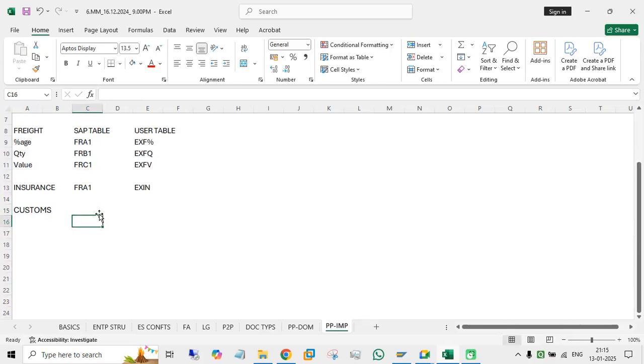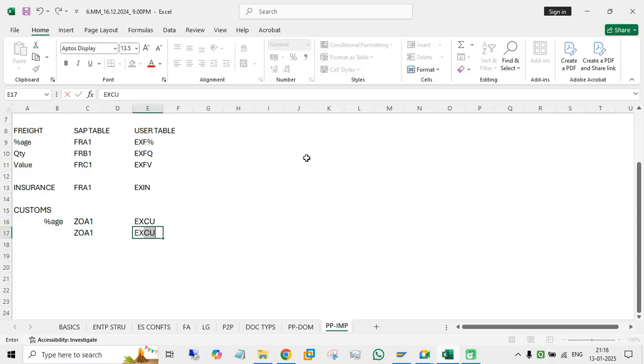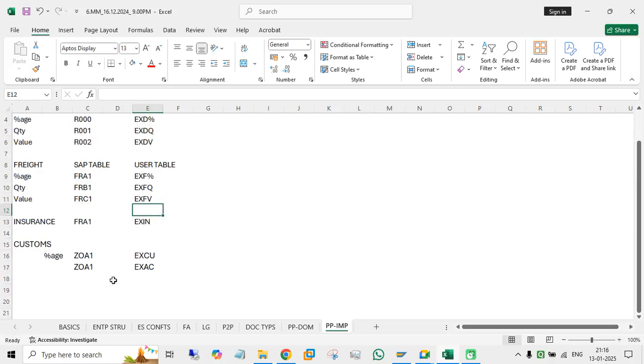duty, and for custom duty here we are going to maintain as per the percentage, and the SAP condition is ZOA1, and here I am going to replace with, for example, EXCU custom duty, and again ZOA1 additional customs, EXAC additional customs. So everything is the same, but you are going to add the custom duty, or maybe ocean freight, any other freight you want to include, that we will do. But the one important change you have to make here,